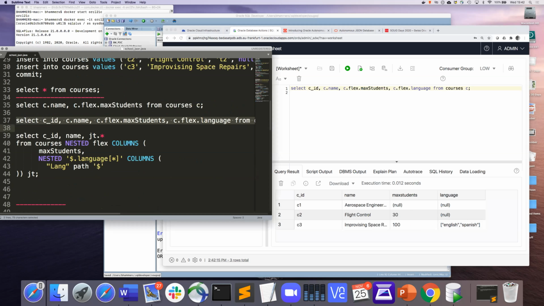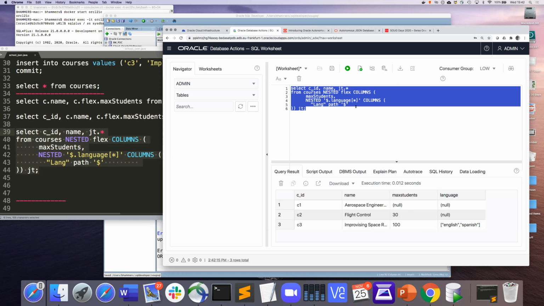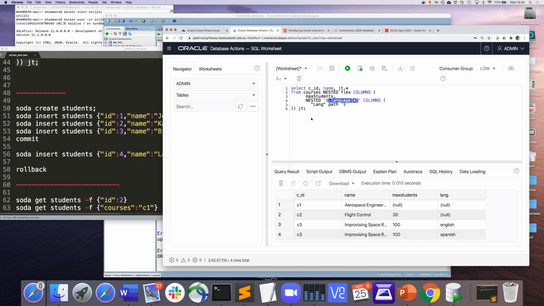So now I need to unnest it. I have to go over my array, and this is our shorter version of JSON table. It uses this nested clause. So what I do is I go to my language array, I iterate over it like in JSON table and extract the value as a new column called language. And now you see here is English and Schweizerdeutsch. And now I could do a comparison. What you see here obviously is that there are rows being generated for each language. I see that these other values are being repeated. So the ID is seen twice here. Good. So this is this flex field use case.